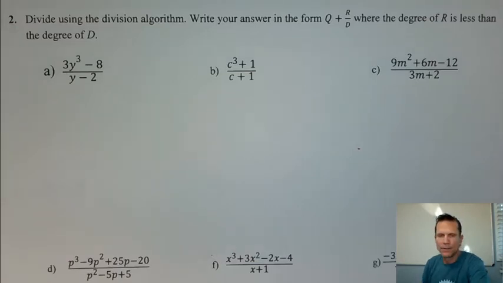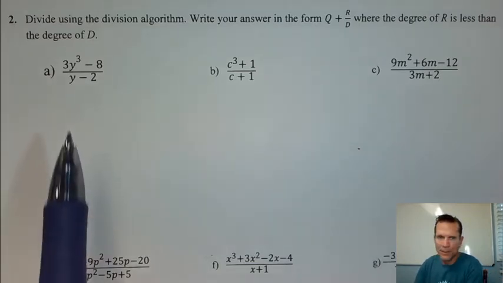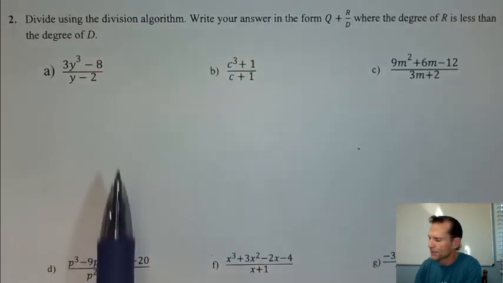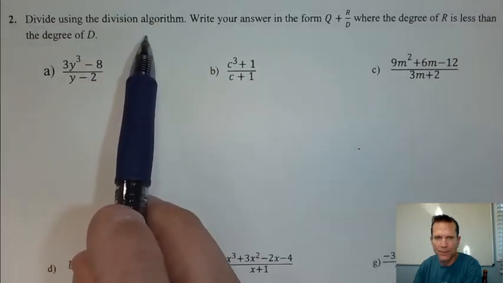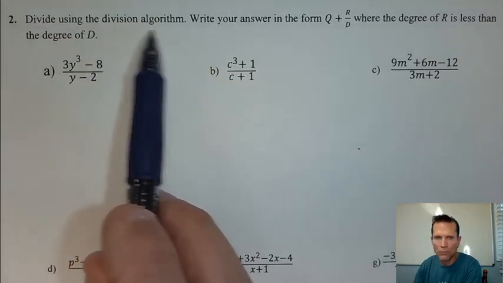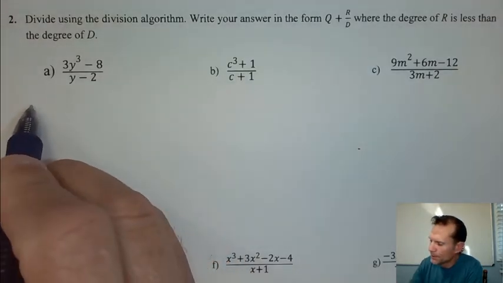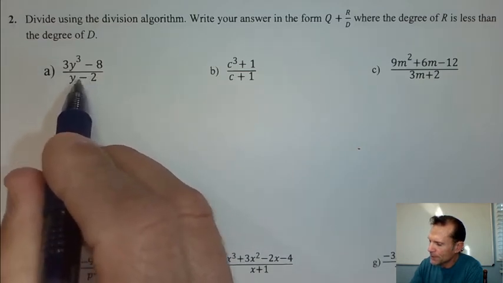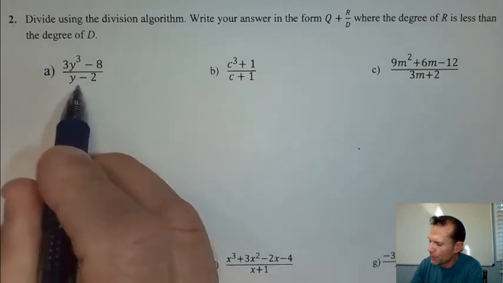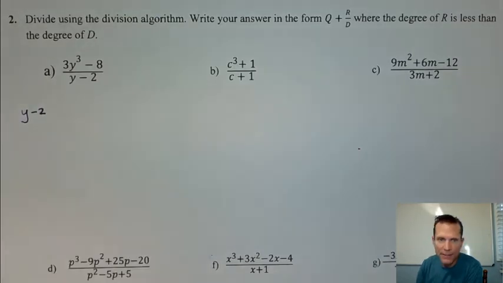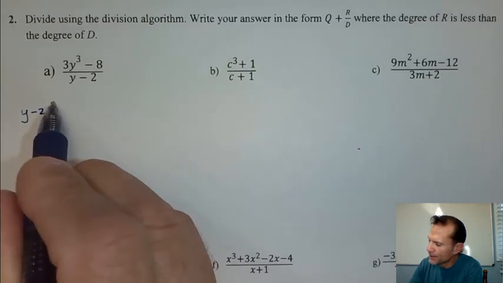Okay, looking at the second part of 10.8, dividing with polynomials. In this second one here, we get this kind of complicated instruction that says use the division algorithm. So that's our old school, if you were taught in the United States, division algorithm. That kind of looks like this. We're going to take the bottom number, or polynomial, which is the denominator, and we're going to write it as division. We're going to divide it into